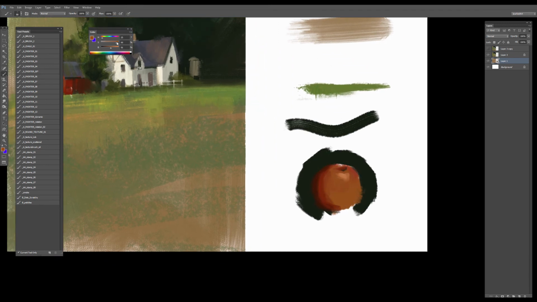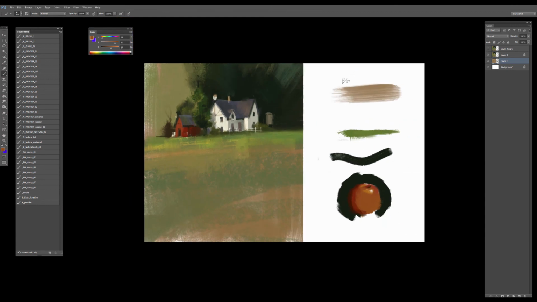And let's go ahead and make this. I don't know if this is like an apple or something, but that's kind of the idea. It's more about the principle of this thing. So that's going to be the basic concept, and I'm going to show you guys how we're going to use